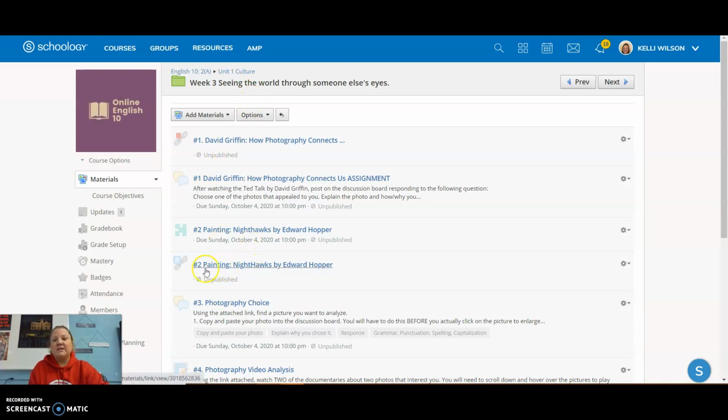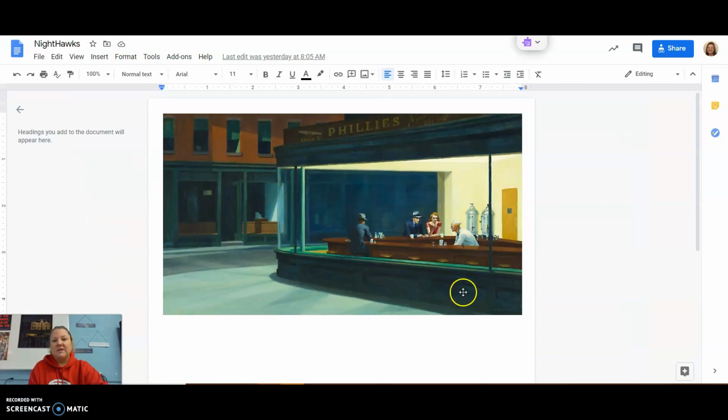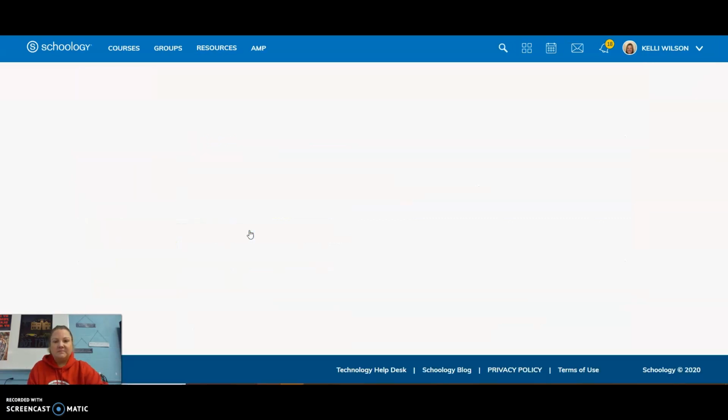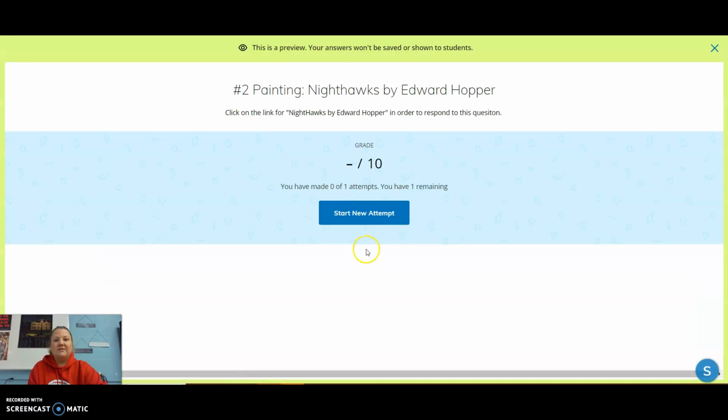So the first one is you have to look at the actual painting, and it is this link. And it looks like this. So this is the painting that I want you to look at. Then the actual assignment is the puzzle piece. And the question is,